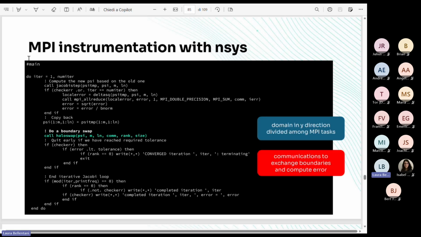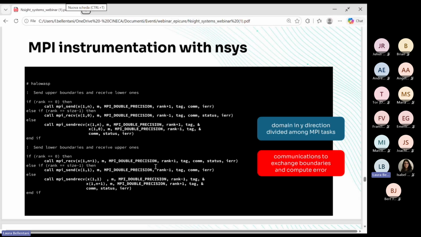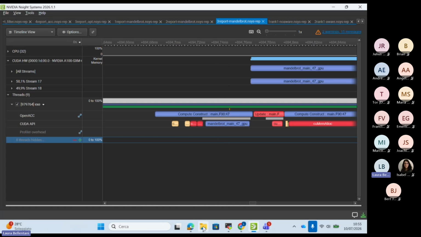In our do loop, there is a call to the routine halo swap, which exchanges the borders of the local MPI domain with send-receive operations, to exchange the data of the borders of the local grid domain among MPI tasks. Now, I want to show you the difference and how you can detect if GPU awareness has actually been implemented.